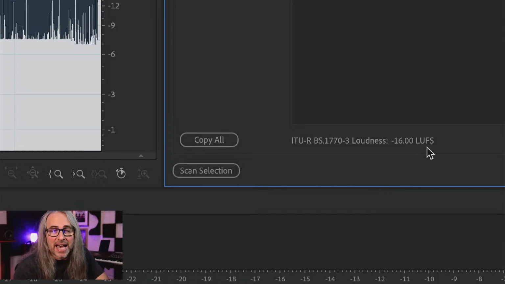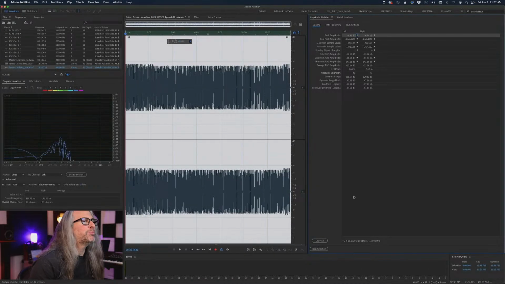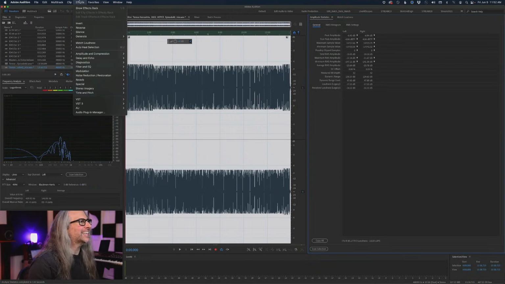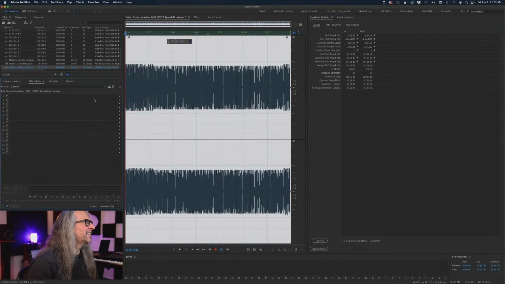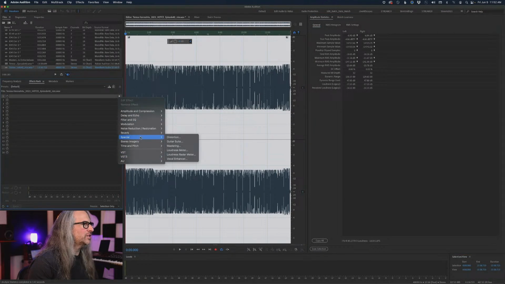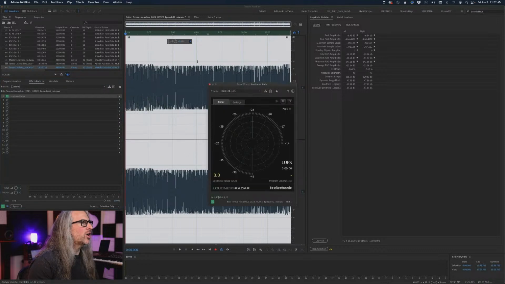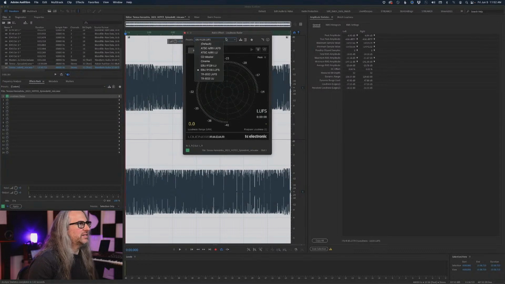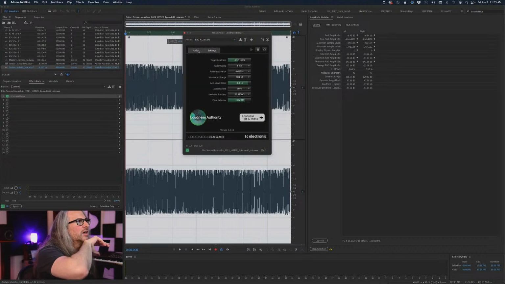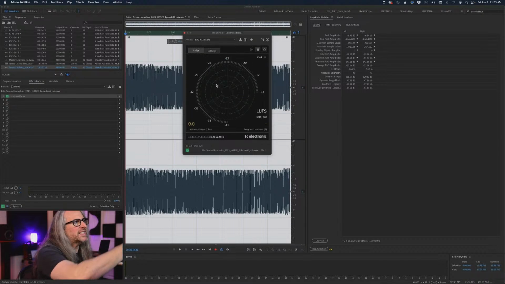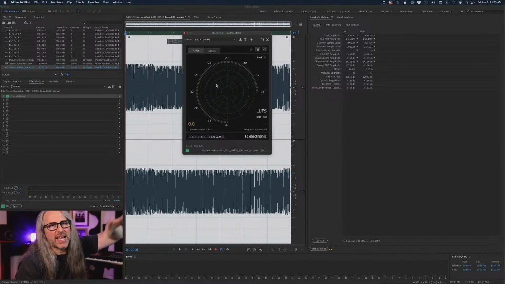But you got it to exactly -16. Well, yes, but if you want to see how that works, we're not going to get into it now. If you go into your effects rack here and you add something like, what is it in special? The loudness radar meter. There's no -16 LUFS in here, so you'll just have to modify the settings in here. But play this back and you'll understand how it's capturing LUFS.